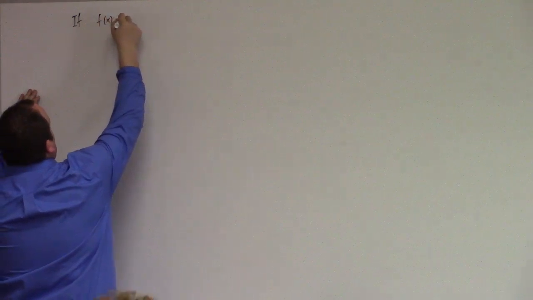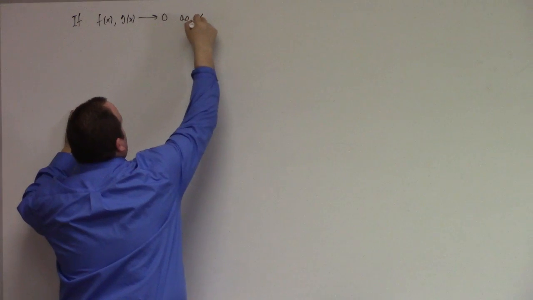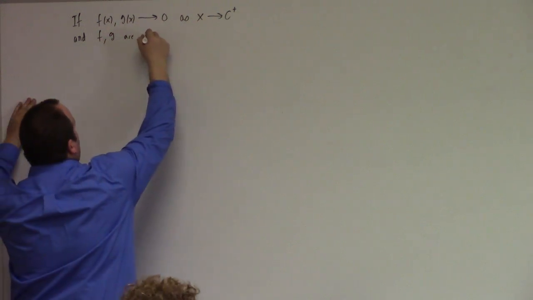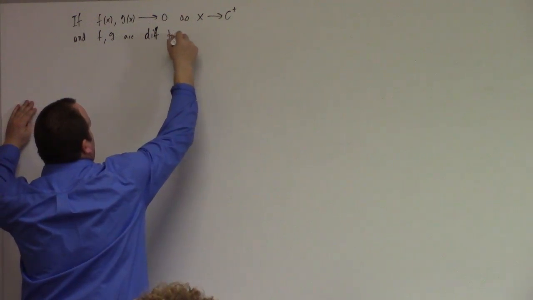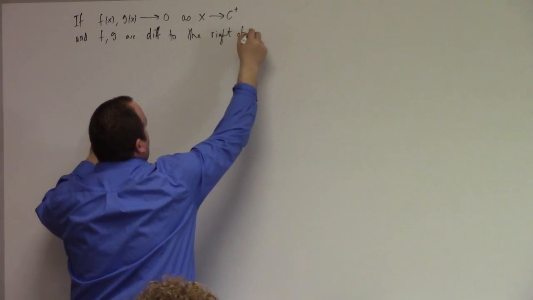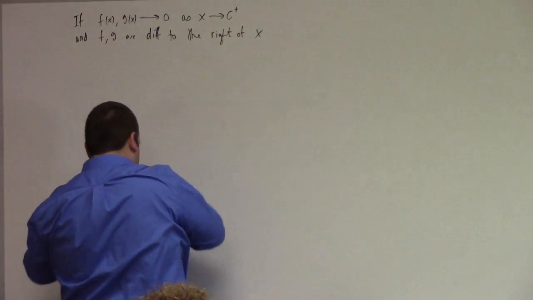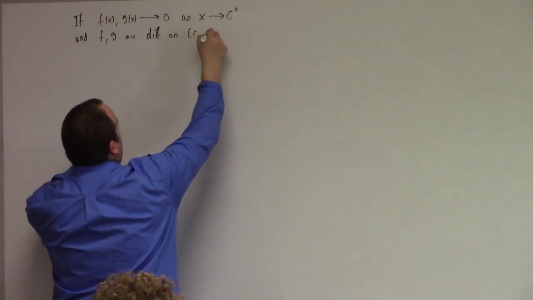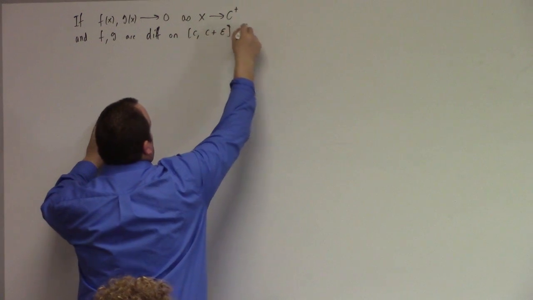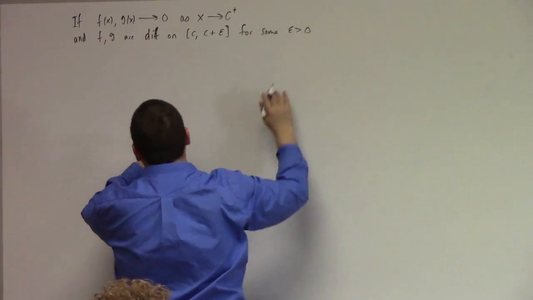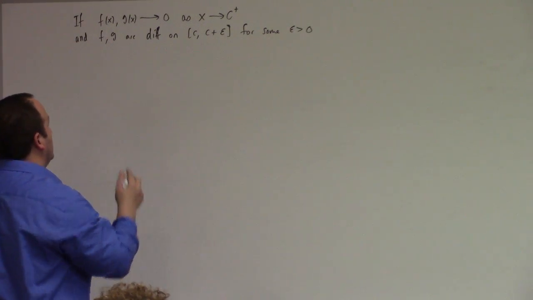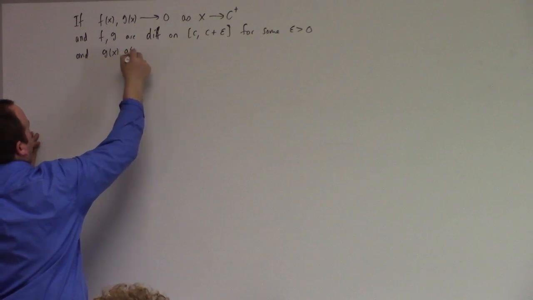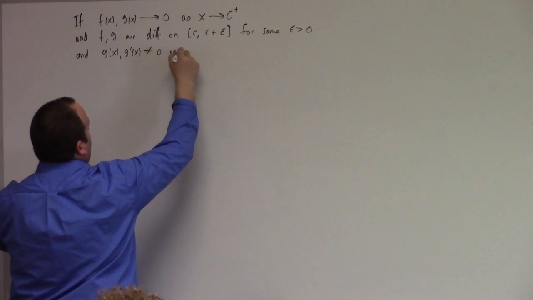If, let's say, f of x and g of x both go to 0 as x goes to c from the right, and f and g are differentiable to the right of x equals c. I mean, differentiable, let me be more precise. They're differentiable on, let's say, c to c plus epsilon for some epsilon greater than 0. And if you have g of x and g prime of x not equal to 0 on this interval,